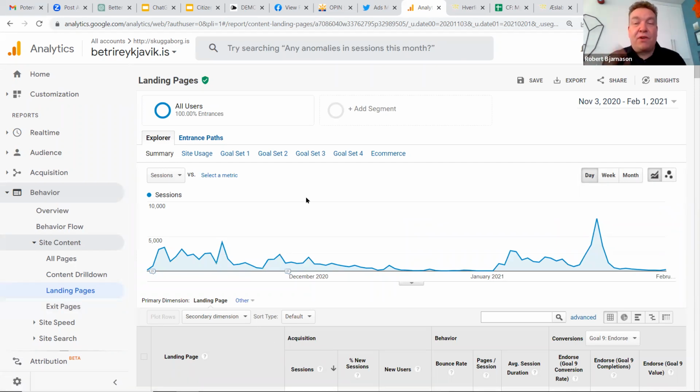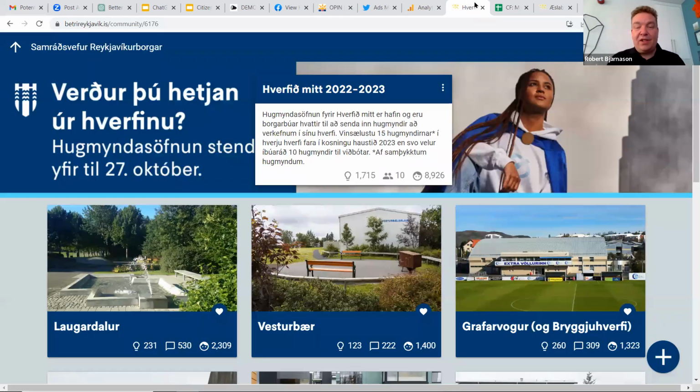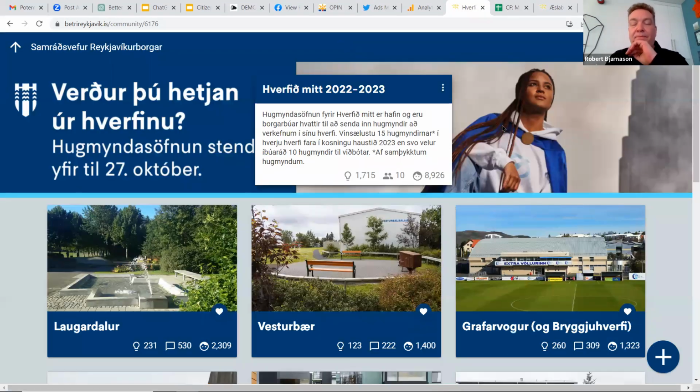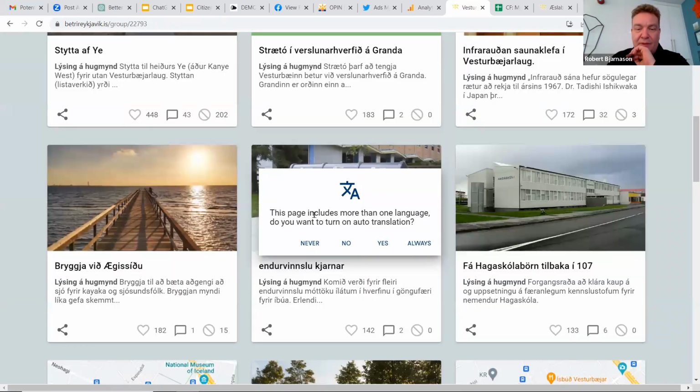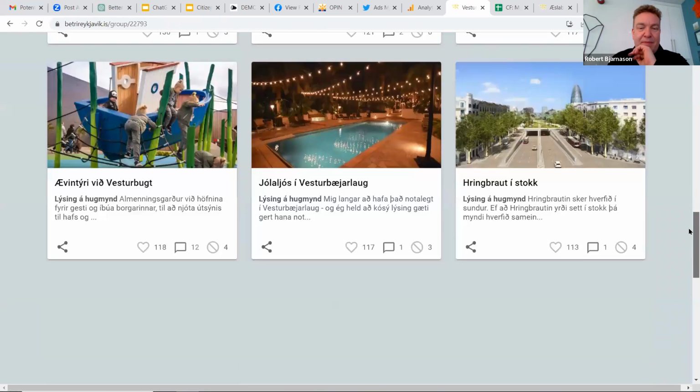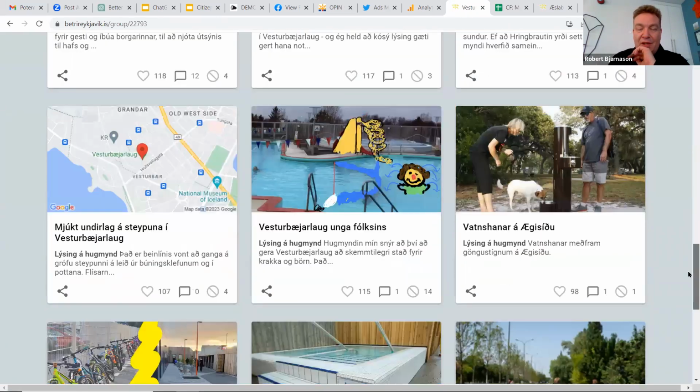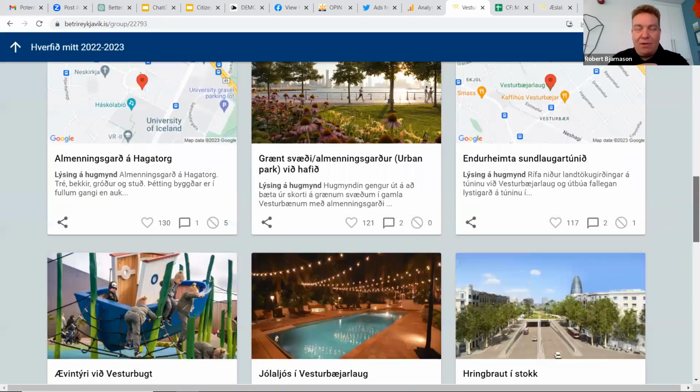But let's now fast forward to today. No, actually last year. So this is my neighborhood last year, the same sort of project with the same sort of ideas, just an evolution.